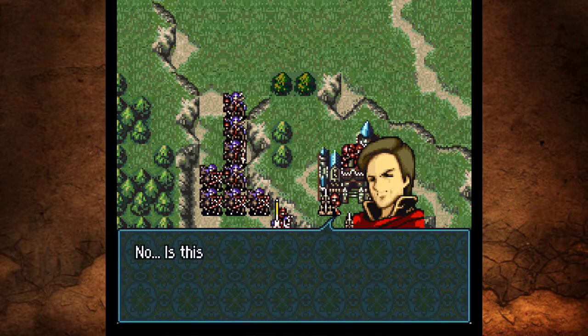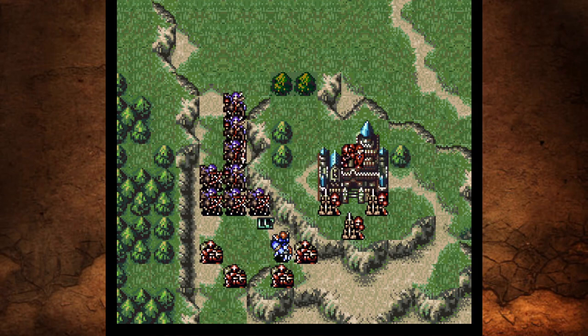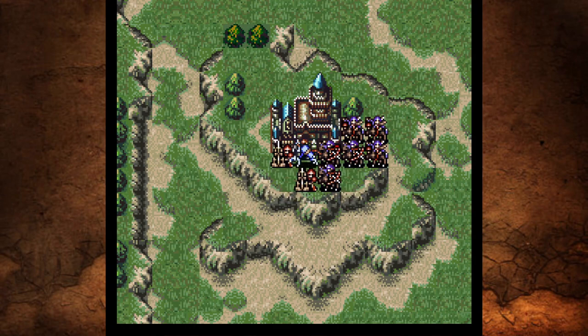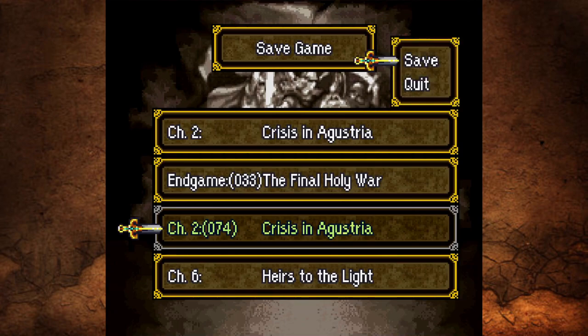At this point, it's not even a question of whether Sigurd can survive this, it's whether I will survive the multiple turns I have to go through to beat this chapter. I, after what seems like an eternity, make it past the enemies and defeat the final boss in 74 turns. Man, I cannot wait to move on from this. Let me just seize and save and...